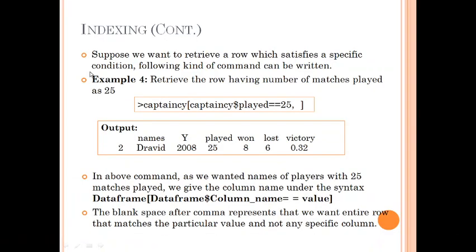So this is how logical indexing is used. If we want a particular row to get extracted based on some condition, we write that condition in the row position. Otherwise, if we want a specific column to get extracted based on some condition, we would write that same logic in the column position. Moving forward,